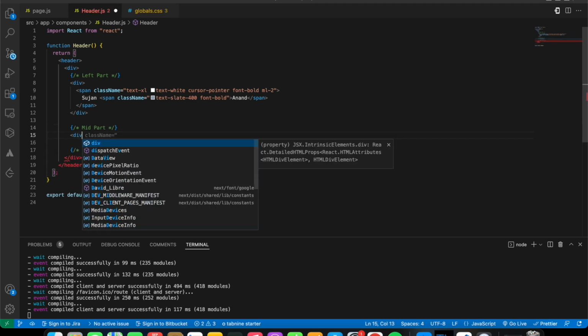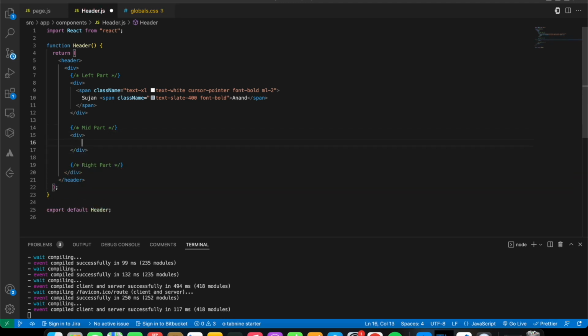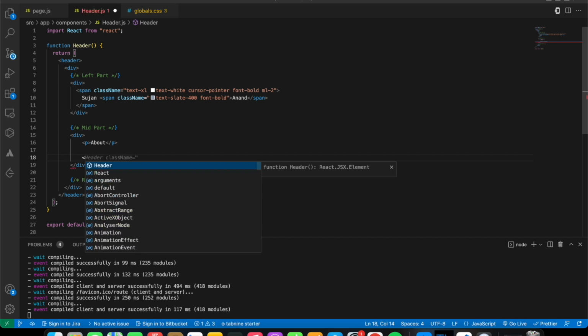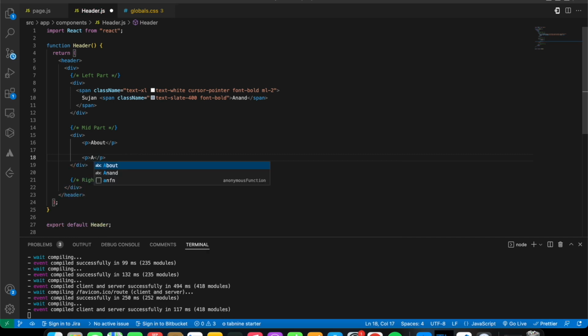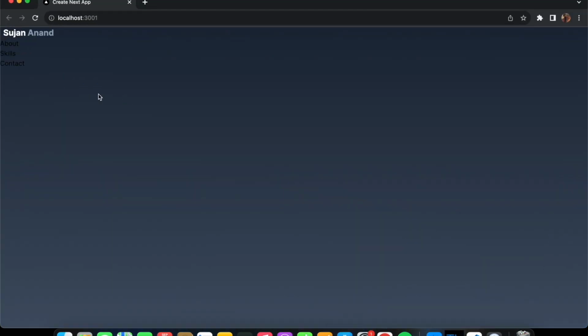So I'm going to say div. So this is going to contain 3 things. Firstly, with the help of p tag, it's going to have the about section. And after that, we have the skills section. So about, and then skills. After that, we have the contact section. So here I'm going to say contact. So save the file. As you can see, we're able to see all of the 3 p tags being displayed